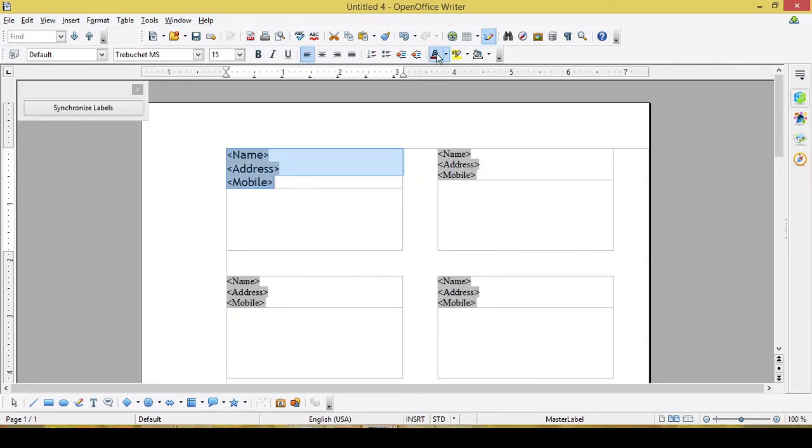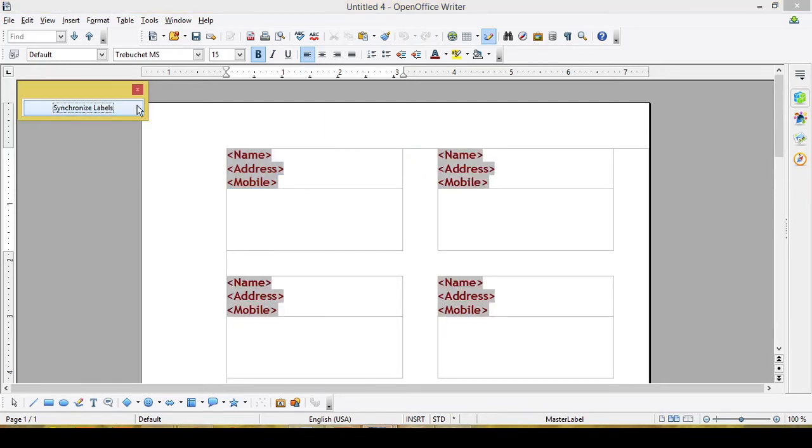If you want to change the color, you can use this. If you want to make it bold, you can use it. And whatever changes you want to make, you can select one label and you can do all the changes in that particular label. Now when you click on this synchronize label, the changes will be reflected in all the labels. That is the third option which I told you in that option tab.